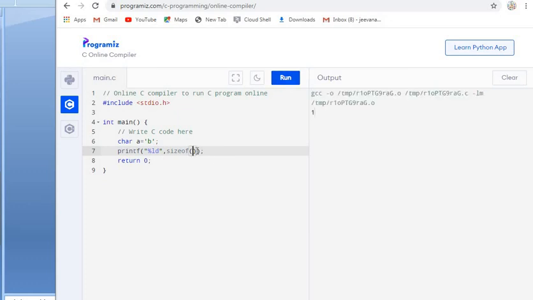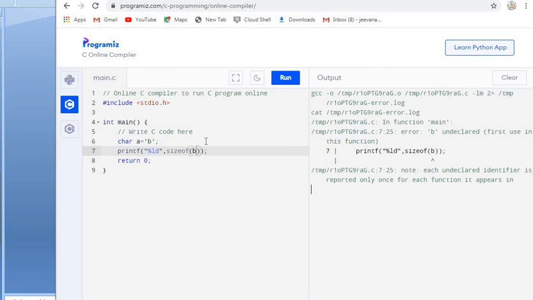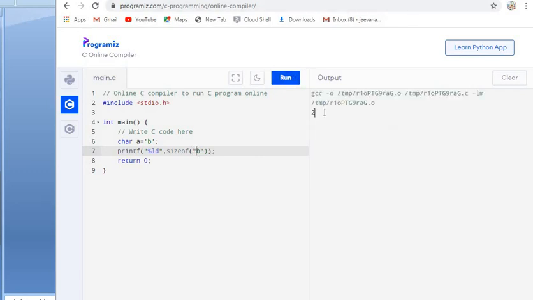When I take 'B' directly, when I ask it to print the size of 'B', it returns 2 because here the format specifier is integer, whereas in the case of character values, when I take the sizeof the value, it returns the ASCII value of it. So the ASCII value of 'B' is of integer type, so the integer size is returned. It has to be represented in either double quotes or single quotes, so I get 2, as the integer size is 2.